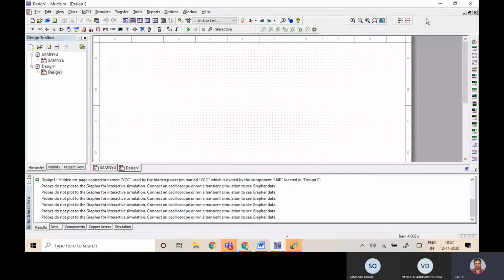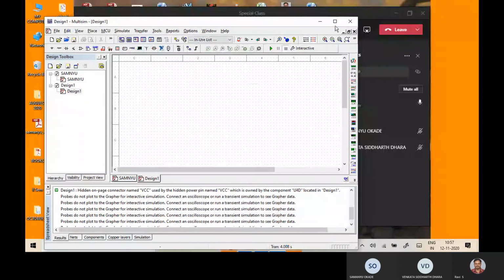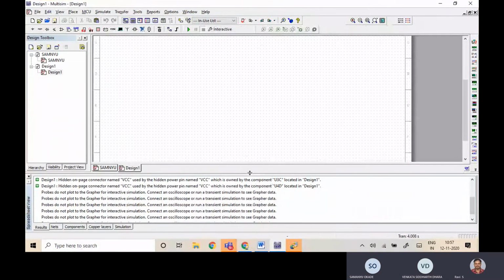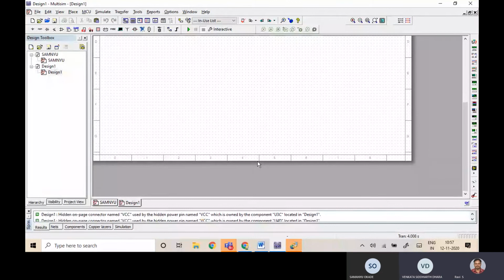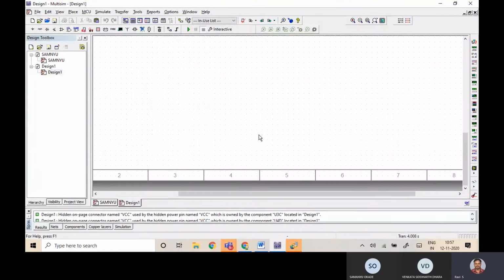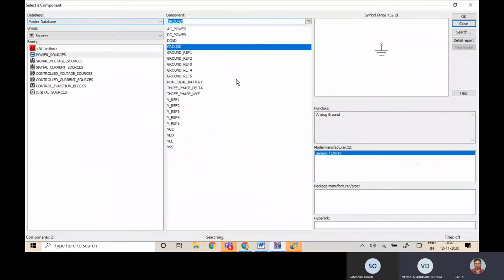Okay. So I'm implementing an asynchronous counter now. Let me go to the smallest size, 3-bit. For that, 3 JK-based flip-flops are needed, correct? Yes, sir. Okay. So I'll go to place component.